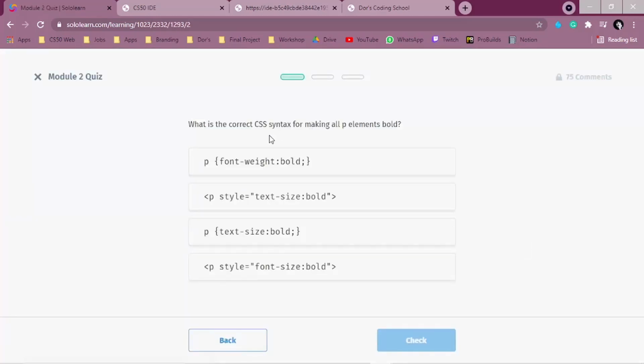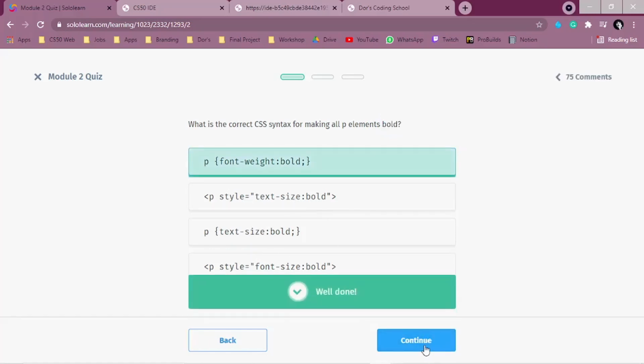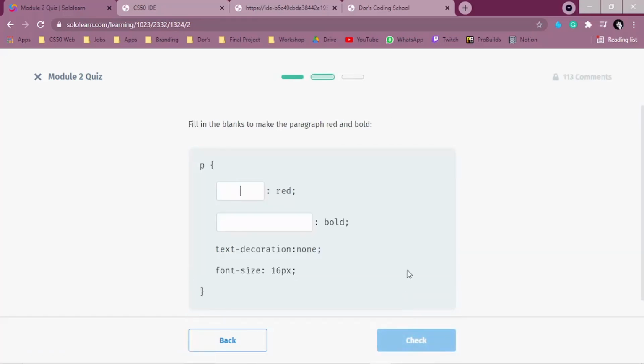What is the correct CSS syntax for making all P elements bold? If we want to change all the P elements, we need to use P with curly brackets. But in this case, if you want to make everything bold, we have to work with font-weight. So we can use P font-weight bold. We're going to use this font-weight, this is the correct one. The font-weight is just for bold. The font-style is for italic,